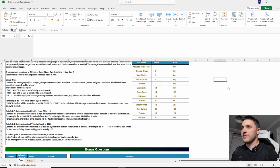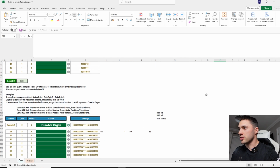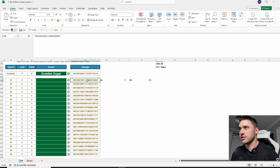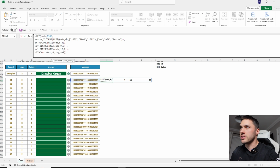So you're going to have a load of binary codes, and there's a video before the case which you get to watch, so I could do some upfront work. I'm going to show you the upfront work I did before I started. Basically I took an example binary code and I tried to break it down. So the first 4 digits, I pulled out the first 4, the left of it,